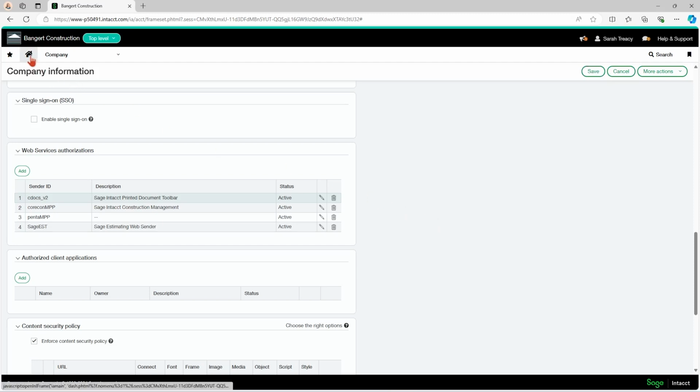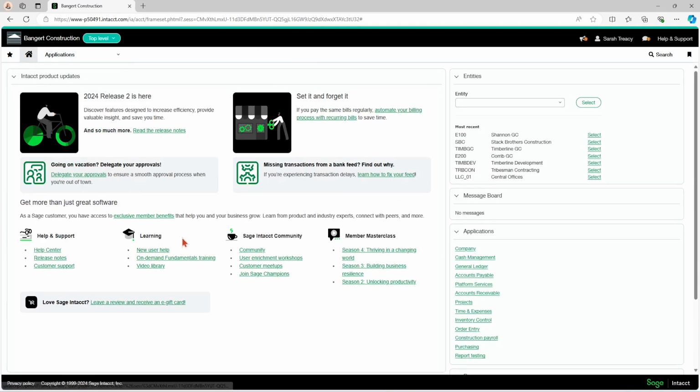Once that's done, I would recommend that you click on your home button, and here under this Sage Intacct community section, there's the option to go to the community. And if you're not already a user in there, then I would recommend that you do set that up. It is a great resource to have. And within the community, they have sample lien waiver templates that you can download. And it's no harm to have them because they have some of the merge fields that people typically are looking for when they're creating lien waiver templates. And they're a great starting basis. So no harm to sign up to the community, and you could download those lien waiver templates.